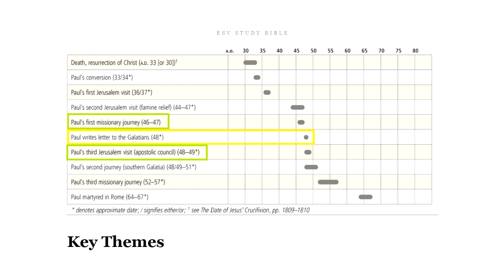So that is sandwiched in between Paul's first missionary journey, when he went around and started to share the gospel, and he made it to Galatia as one of the regions that got to meet him and hear him. So he started the church in Galatia, and we see that in about AD 48. Now, Paul's third Jerusalem visit happened after his first missionary journey, and that stuff is recorded in Acts chapter 15. So if you want to get a little context, we're right around Acts chapter 11. Right after that, that is when Paul writes the letter to Galatians, probably between Acts chapter 11 and Acts chapter